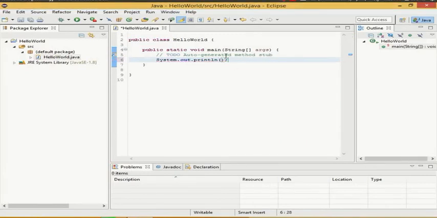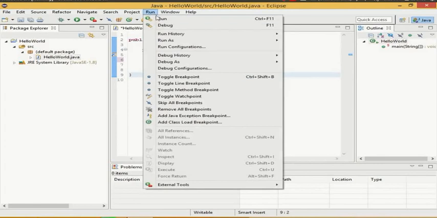So what I will do is I will give these double quotes and I will write Hello World. Okay, so suppose I want to print hello world for the first time. I can do this like this, and then I need to run this. Okay, so I will just click run,